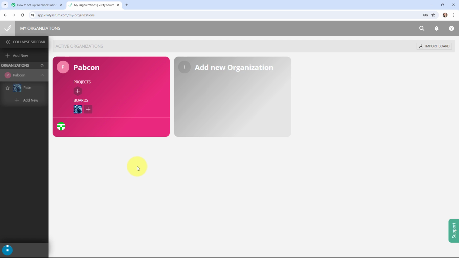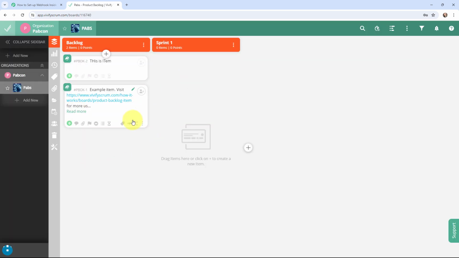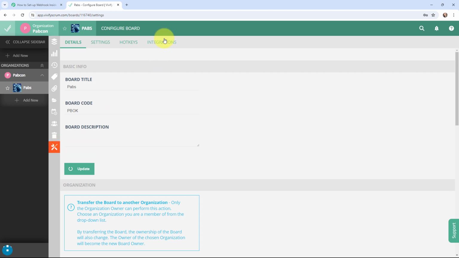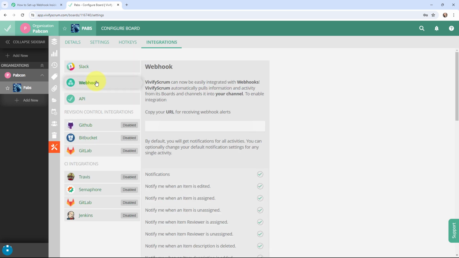So this here is my VivifyScrum dashboard and now over here you can see that this is my organization by the name of Papcon and here is the board that is by the name of Pabs. So I will go to my board. And over here, these are the items that I've created in the board. And now to begin with the connection, I need to go to configure board. And after going here, I need to go to integrations. And here in integrations, I will go to webhook because by using a webhook, we are going to build a